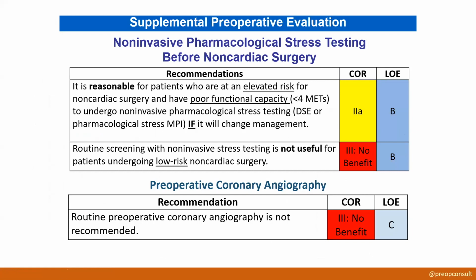Maybe there's a lesser procedure that can be done, maybe an endovascular as opposed to an open vascular procedure. For cancer patients, maybe chemotherapy and radiation as opposed to a massive surgical resection. And for patients going for purely elective surgery, for example, a joint replacement, maybe no surgery. They don't need to have anything at all, and they'll just have to adjust their pain management. They also say routine angiography is not recommended.